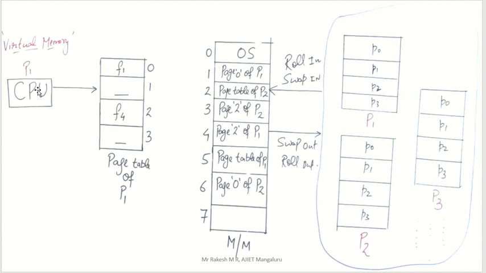Now that execution is completed. Now consider the second time, the CPU asks for page 2 of process 1. It goes to the page table of process 1 and asks where page 2 is. Page 2 is present in which frame of the main memory? F4. So now it goes to main memory. Frame 4 contains your page 2. Take that page 2 and give it to the CPU for execution.